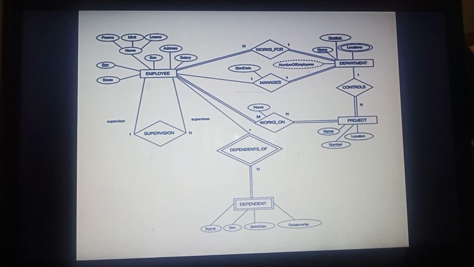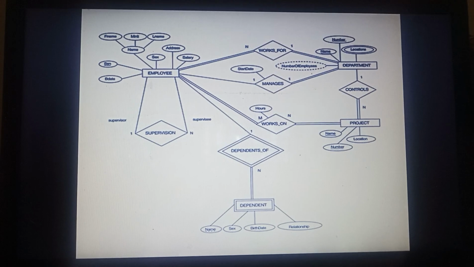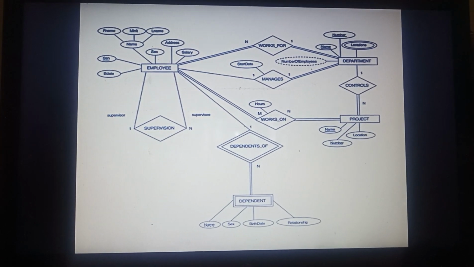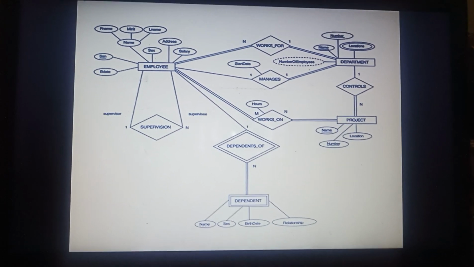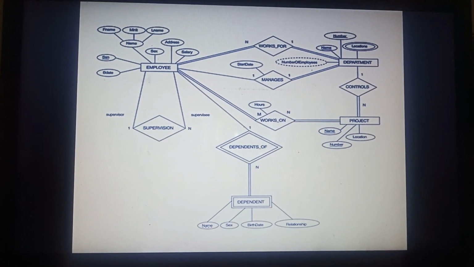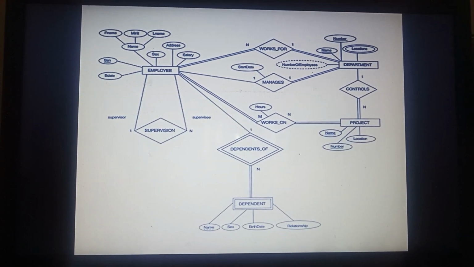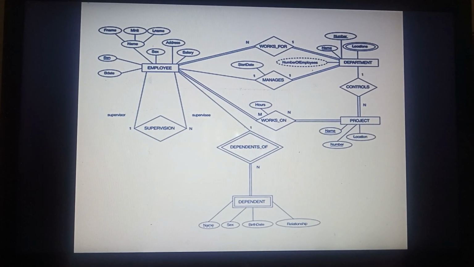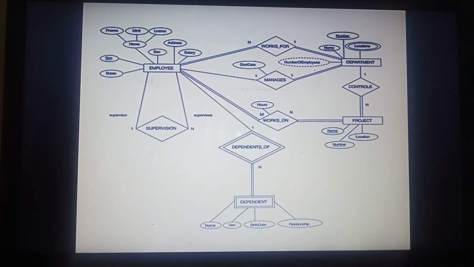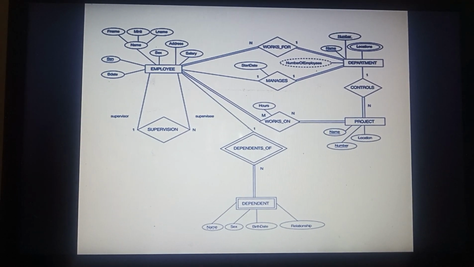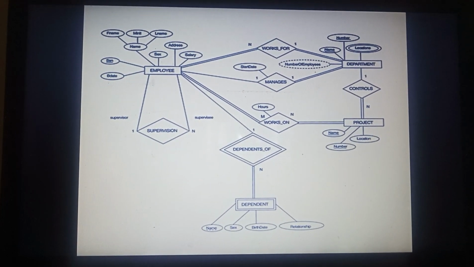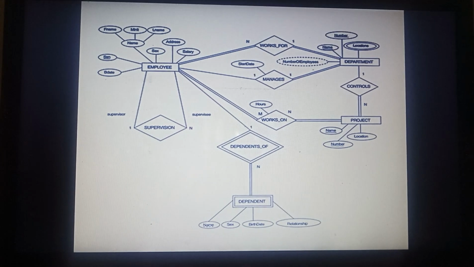How we deal with many-to-many relationship types is that we make a new table, works on, in which we will include the primary keys. This works on relationship is between the employee and project entities, so we will include the primary key of employee, that is SSN, and the primary key of project, that is P number.